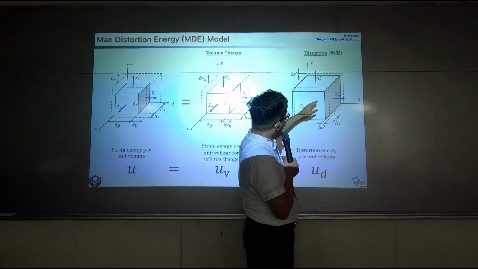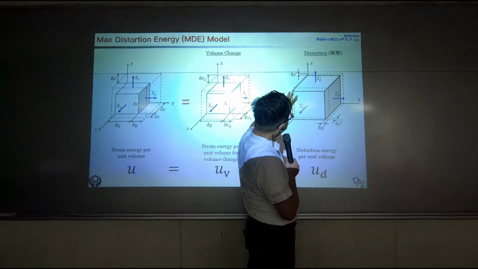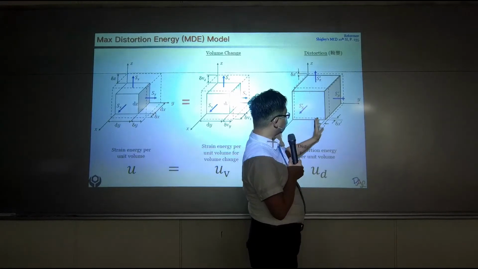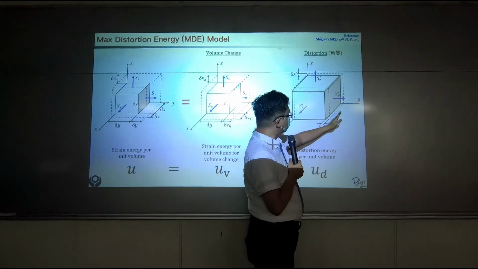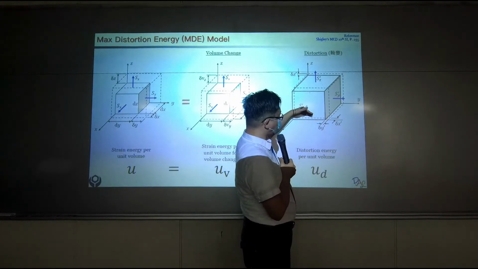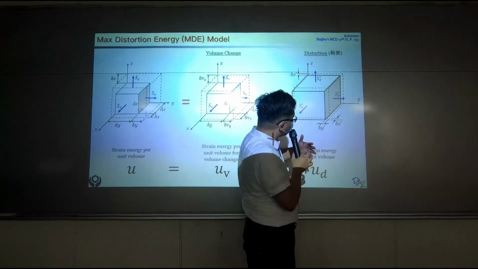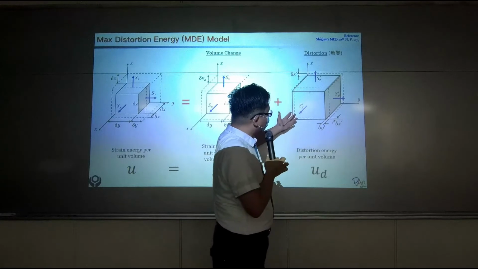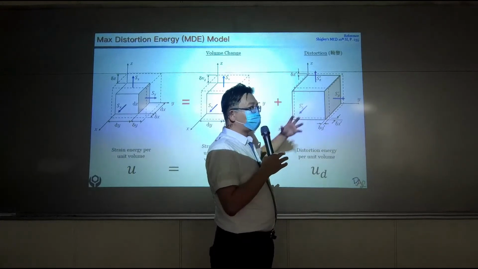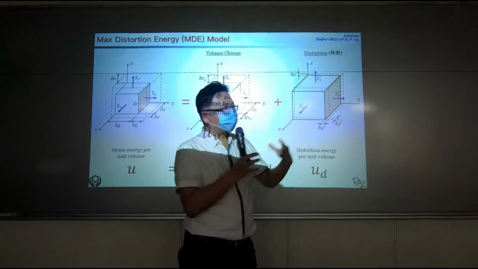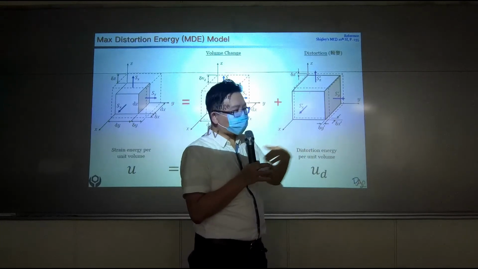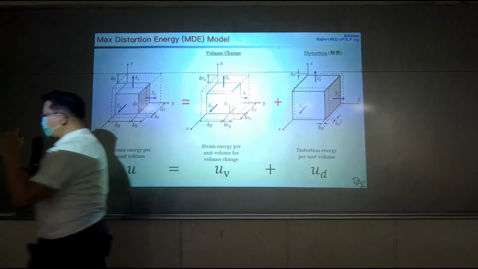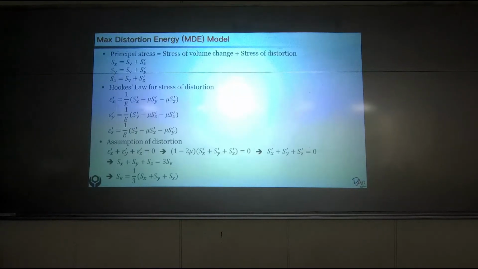When I make the Z longer and the Y longer, I need to draw the X shorter. I need to shrink X. Otherwise, this doesn't make sense because I claim there's no volume change. So somewhere has longer length, but some other places have shorter length. So the idea of zero volume change is being